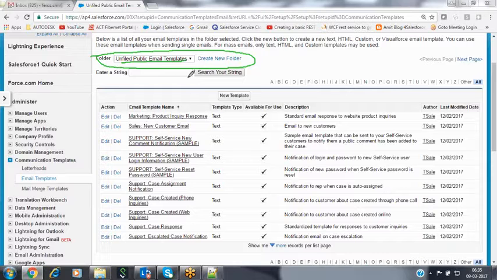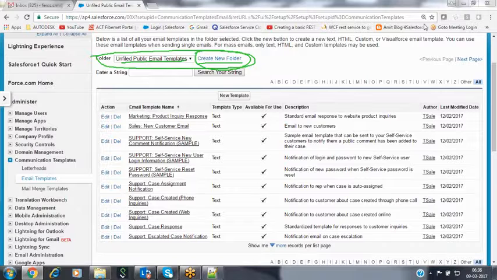If you want to create your own folder in order to segregate your email templates based on your application modules, at that time, create a new folder by using the create new folder link. You can create your own folder and inside that folder, we can save those email templates. Now, I'm not creating any email folder here. I'm going to be using the same folder in order to make these templates available to all the people.